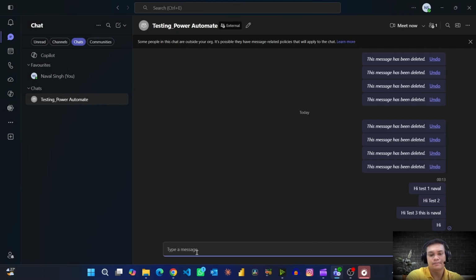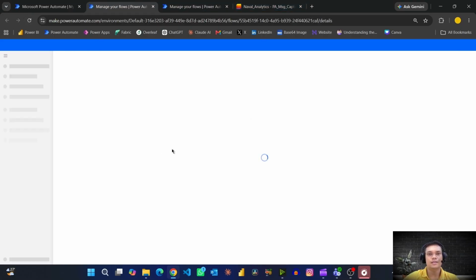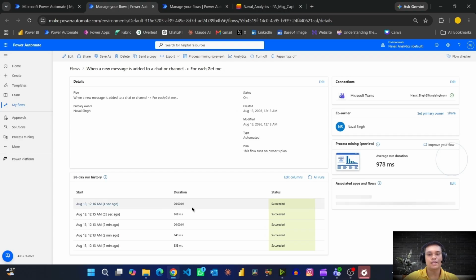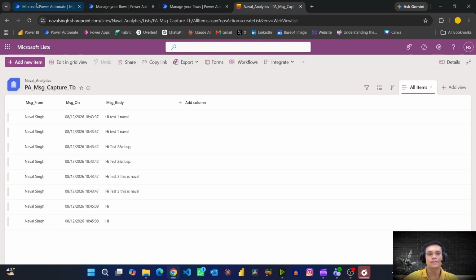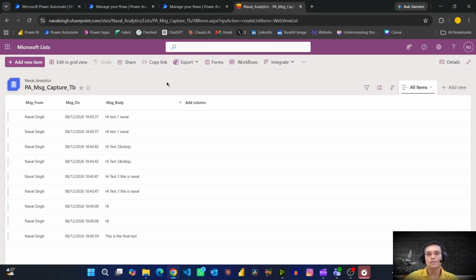So let's say I am just going to type in, this is the final test. And here, if we just click, it will show five messages, 4 seconds ago. And then if we come back over here, we can hit refresh, and now it is adding only one row. So this was an example of how we can leverage the Microsoft Power Automate free connectors